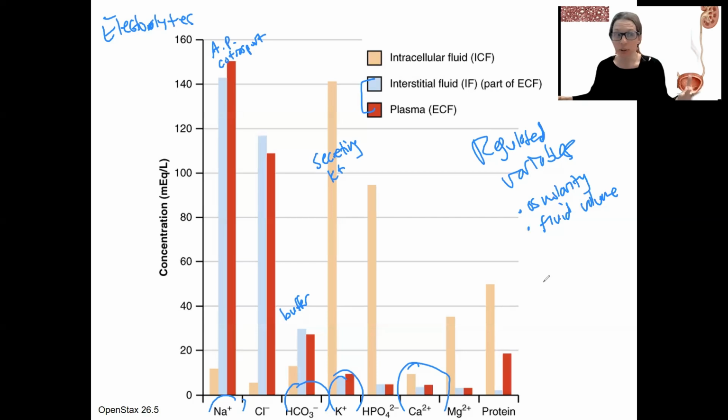For excreting fluids, we've got urine. That's a big one. It's like 60% of fluid output is our urinary system. Besides that, we've got sweat loss, we've got some respiratory loss, some feces,